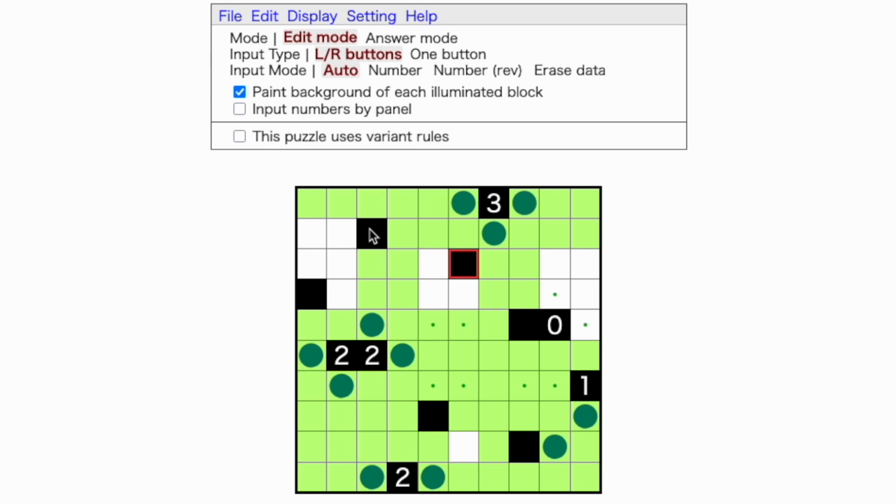If this is a 0, then is this constrained? Yes, it is. Okay. This is kind of nice, I think. If this is a 0,